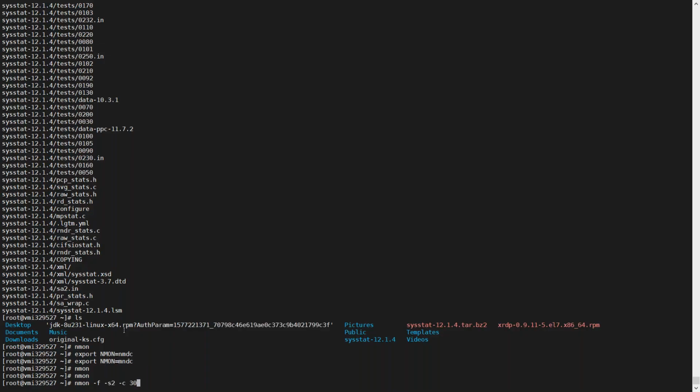Whatever data I need, I want to capture all of it into a file for later analysis and graphing. To understand the spikes, the sudden increase of any values in any of the Linux metrics, you need to capture the data and put that into a file to do some analysis and graphing. For that, you need to use this N1 -F